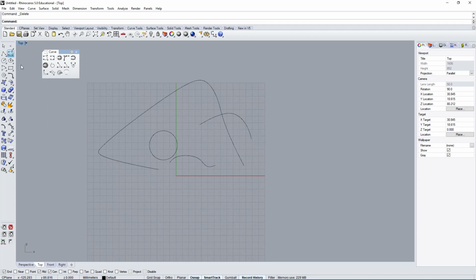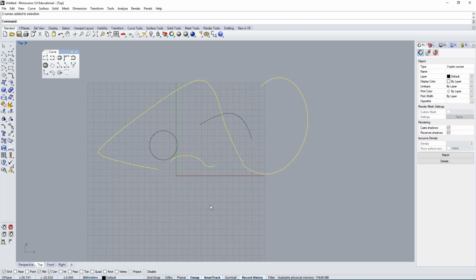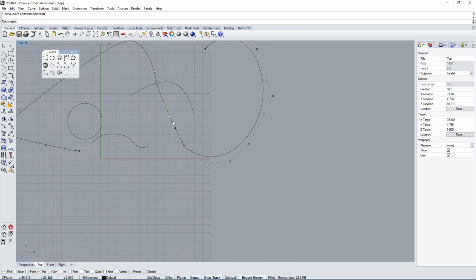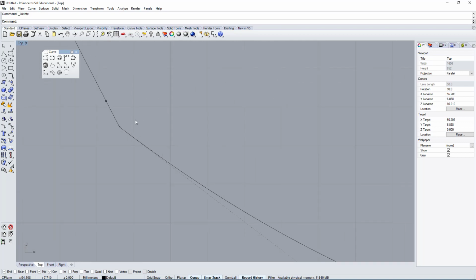And as you saw before, you can also join multiple curves. You can click here to join, or you can type it in, join. And then if you have a kink like this, as you saw, we could delete some of these points, right? So why don't we simply delete the point where the two curves meet? If I delete it, then it doesn't have a kink anymore.